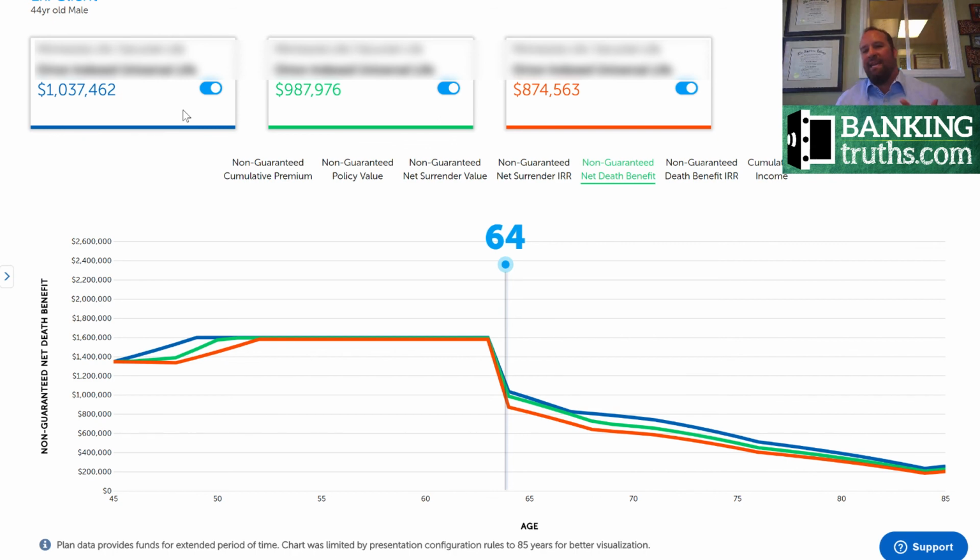Now, most of my clients get Index Universal Life because cash value and income is the goal. So if that's the case, they would have no problem taking $874,000 of death benefit versus just over $1 million for the max funded scenario. And the reason we can't squash that death benefit more is because there's better performance and certain thresholds need to be maintained in order for this policy to qualify for the tax treatment of life insurance. But because we can squash the death benefit, we still get very healthy income off of the late funded policies, and it produces a pretty nice result for our clients.